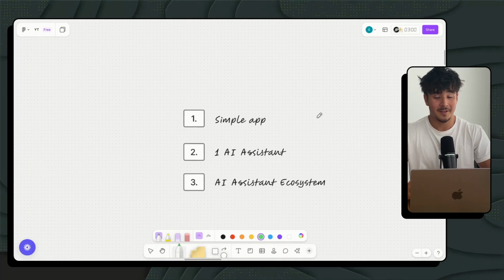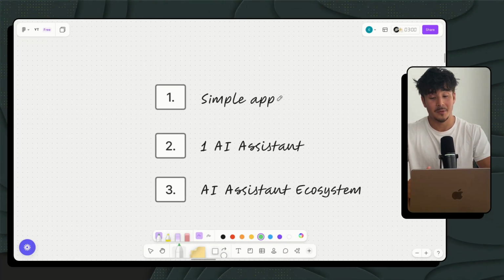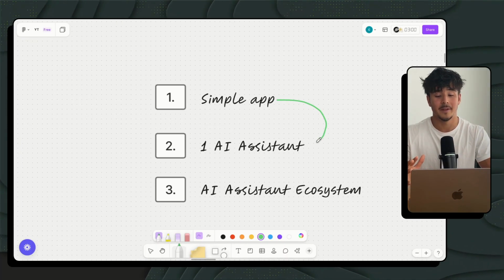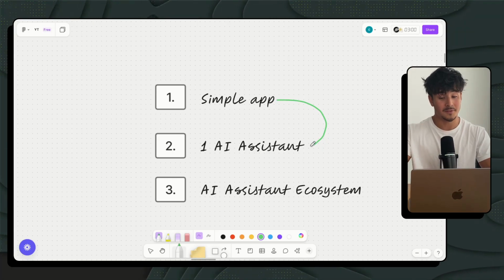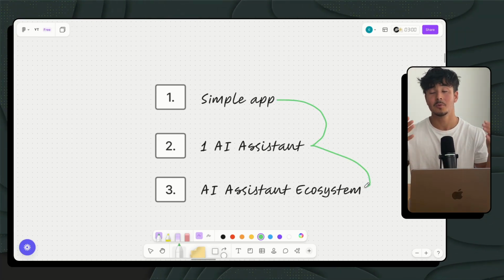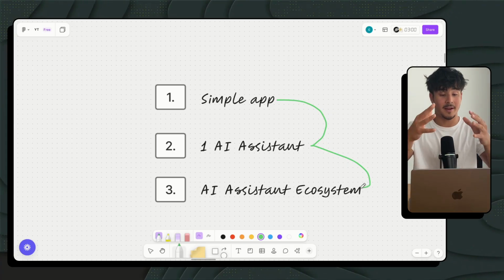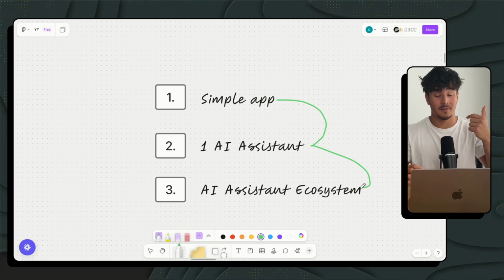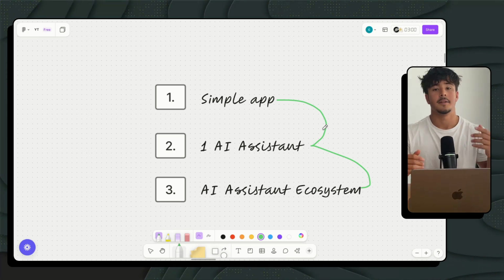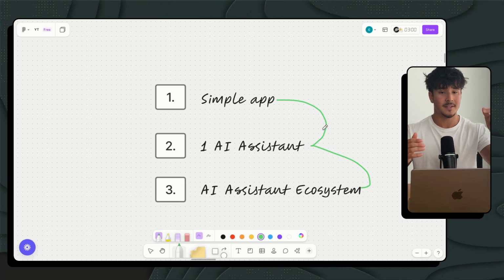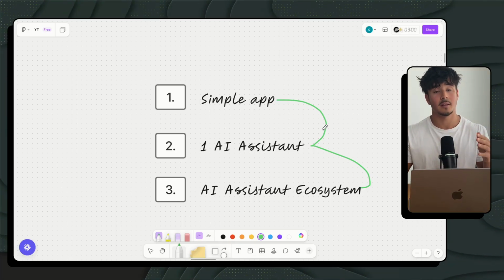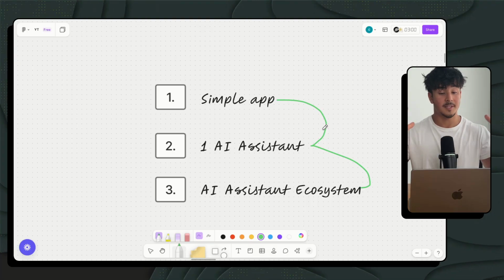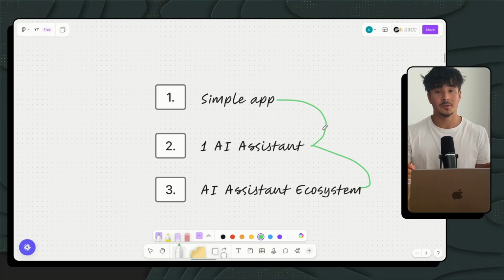So coming back into the Figma here, we can clearly see the discrepancies between building one simple app that barely solves a problem, having one AI system that solves it very quickly for us, and then having an entire group of assistants that deliver us this packaged solution in a whole bunch of different ways. So pronunciation is clear, and then we have contextual agents and that sort of stuff. And then the editing feature that I just showed you, where we can go into each of these individual requests and edit, for example, the prompt or the information that we expect out of that LLM, really makes this whole experience really powerful for first-time builders or beginners going into vibe coding,